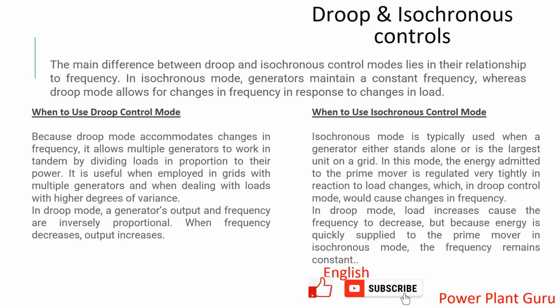What will happen if the machines are operating in droop, all operating in tandem? Let's say a 50 megawatt compressor tripped on the load side. That 50 megawatt will be a surplus energy in the total system, and that surplus energy will cause your